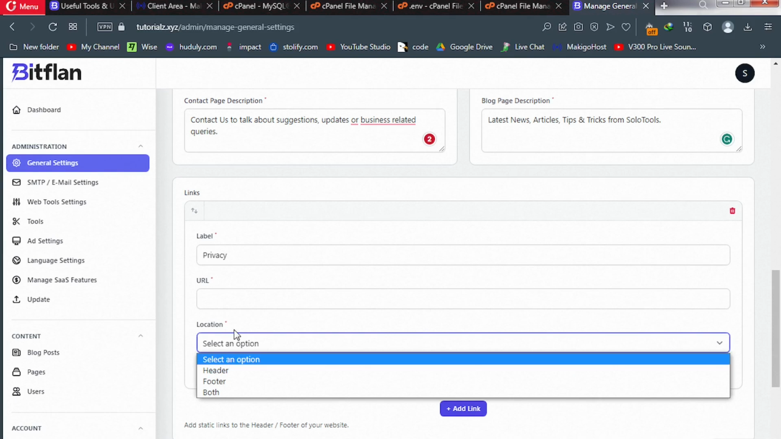So before you do that, you need to create pages. Okay, you need to create pages. After you create a page, you copy that link and paste it here. I'll show you how you can do that in a moment. Right? So for now, let's scroll down,